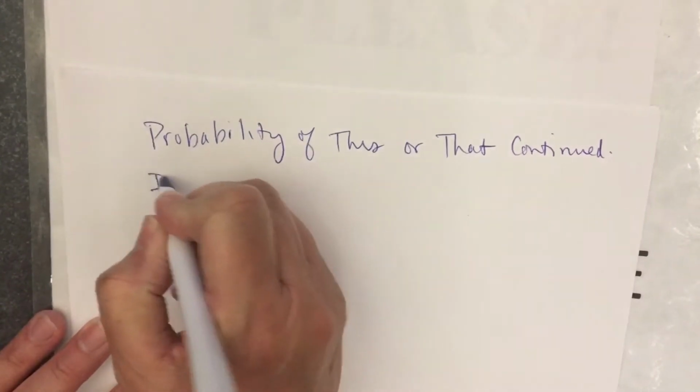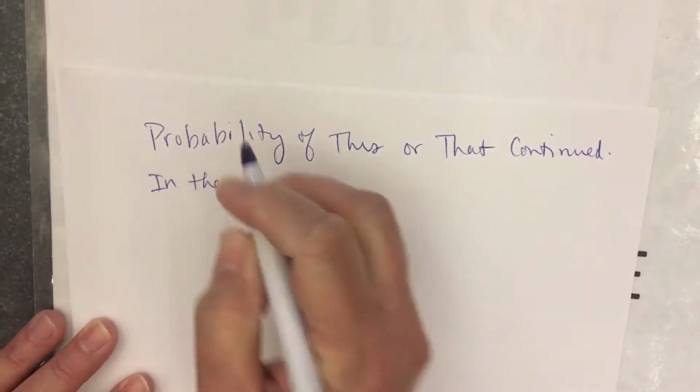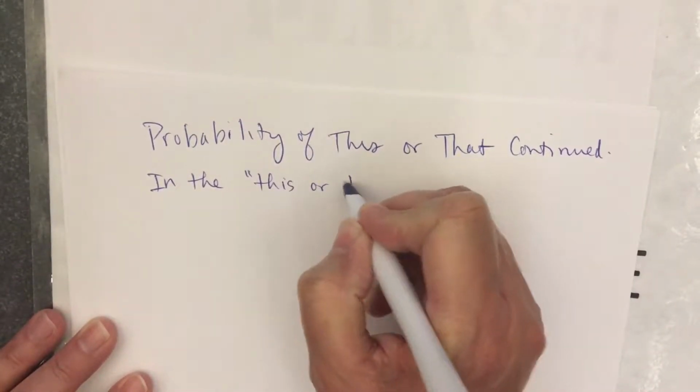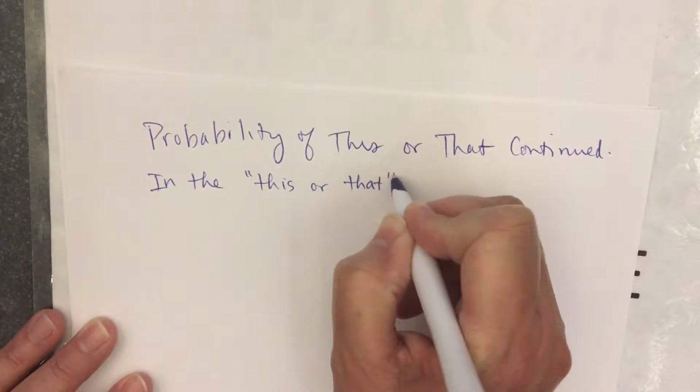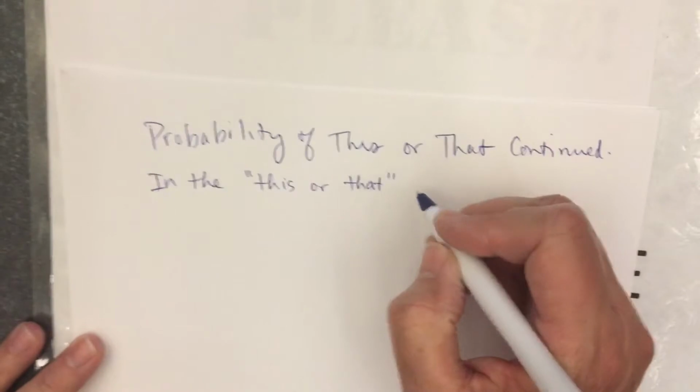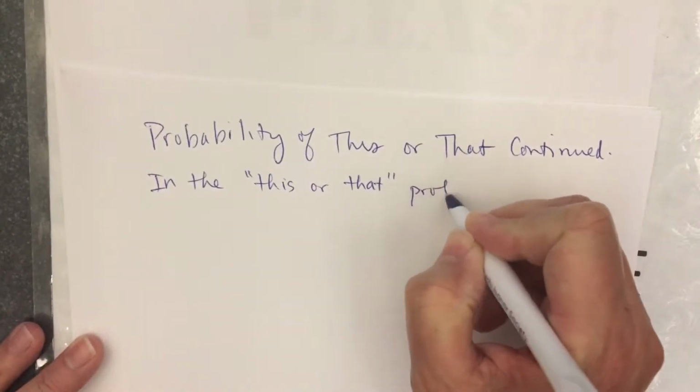So I'll say this. In this or that, I'm putting this or that in quotes because you're not going to see it that way in the textbook. I might be the only one who describes it that way. So in the this or that probability problems,